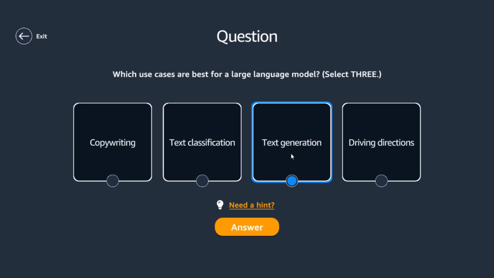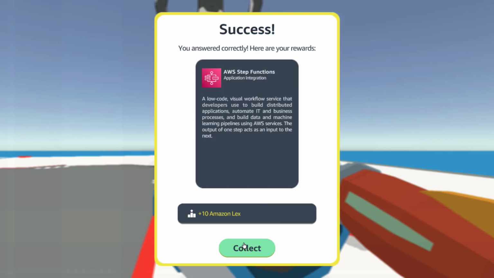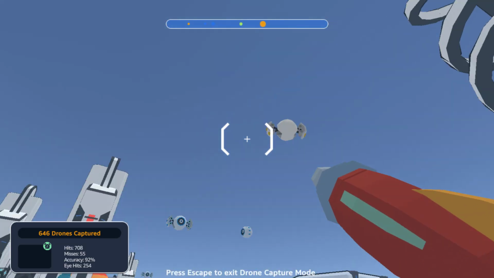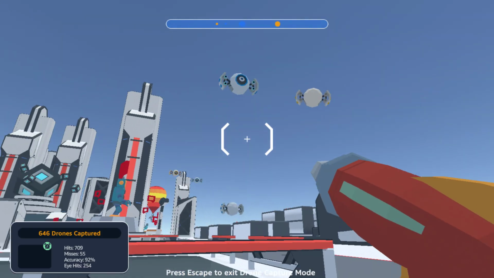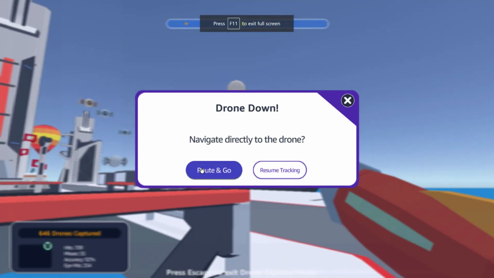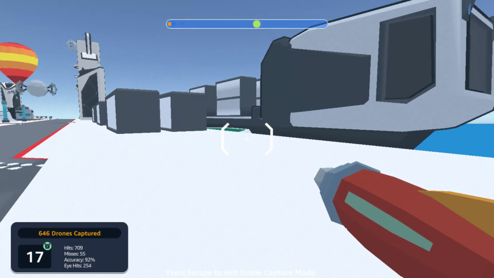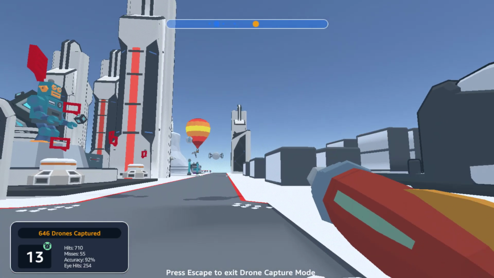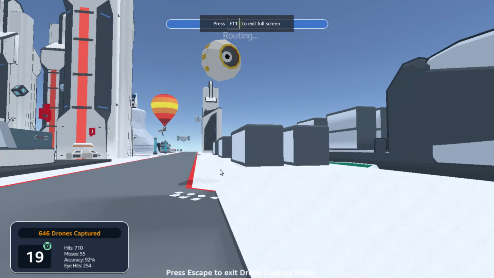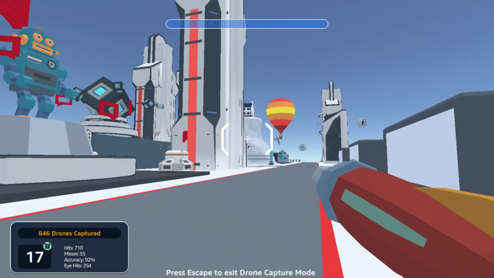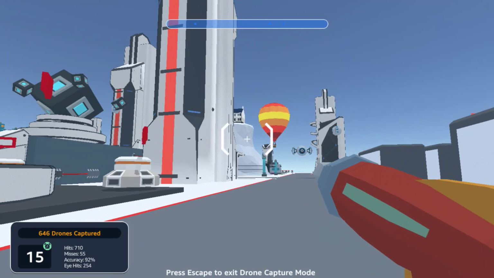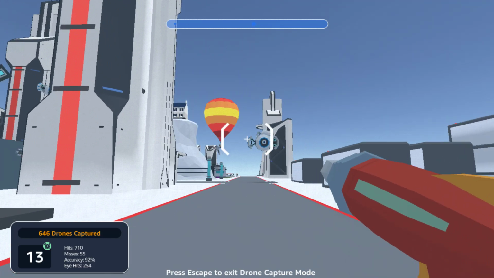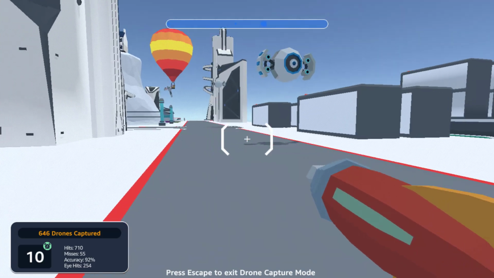Text generation, text classification, copywriting, I guess. Look at that. 5 out of 5. Let's try to do one of the orange ones because this is going to be the end of this particular. Oh, seriously? Don't tell me you will also sink into that. Okay, this is the buggiest area, I guess. Okay, I think we can end it here.